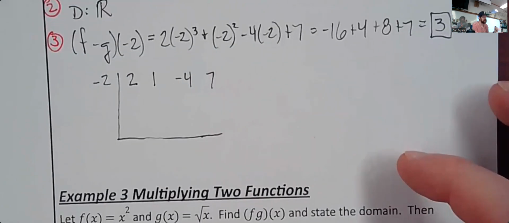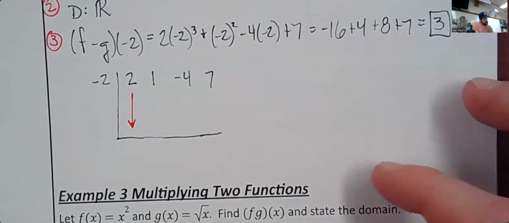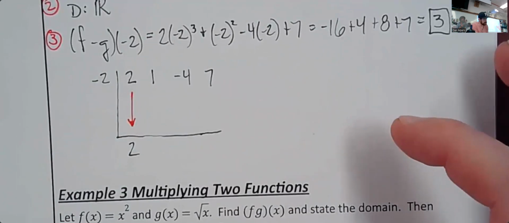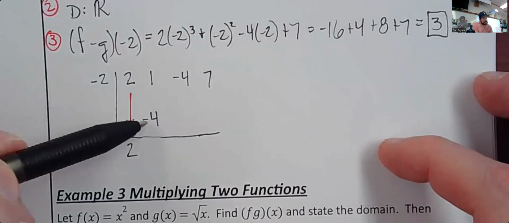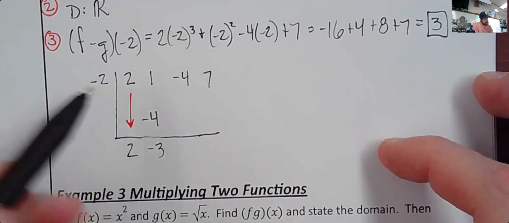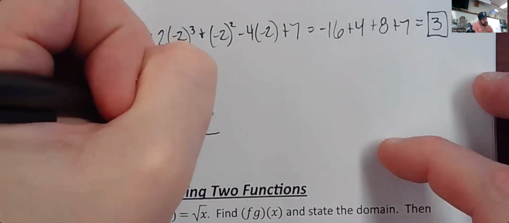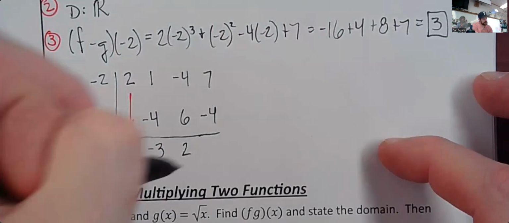So, process for synthetic division. Bring down the first term all the way down here. Anybody remember what to do next? Multiply, all right, 2 times -2. That's -4. What do we do with the 1 and the -4? We add them, good, which would be -3. And then we repeat the process. -3 times -2 is 6. 6 plus -4 is 2. 2 times 2 is -4. 7 plus -4 is 3,